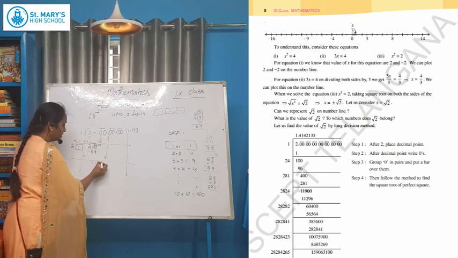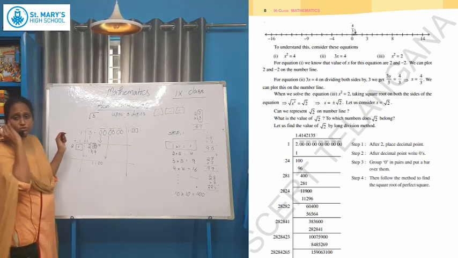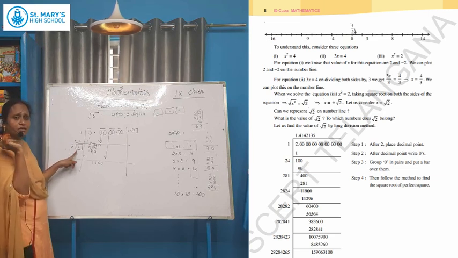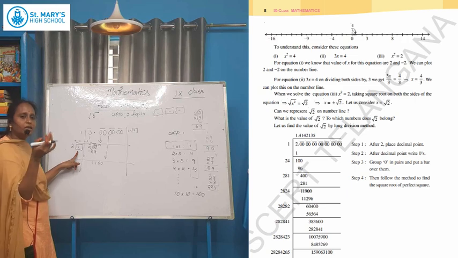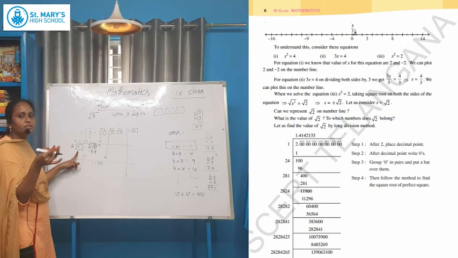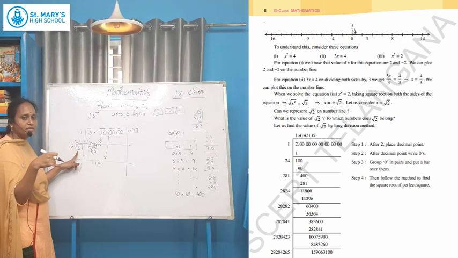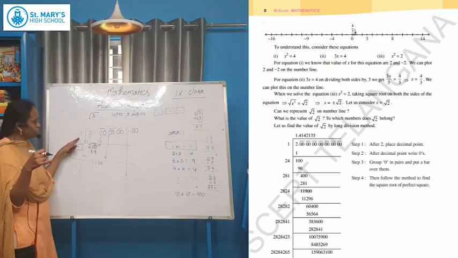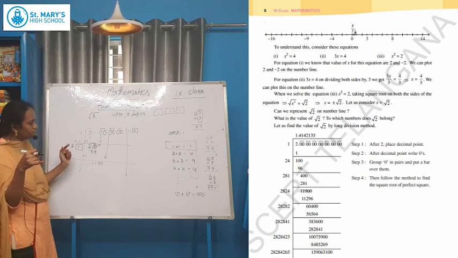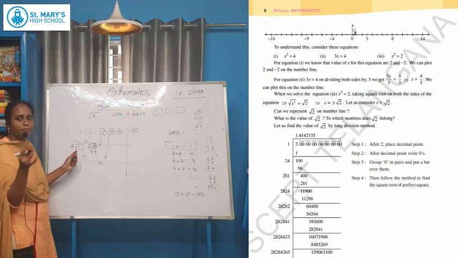Now observe here, 27 and the number in the box. What is the number here? 7. That number we should add to get the third divisor. So in the second case, the number in the box is what we should add to get the third divisor. Which number is in the box?